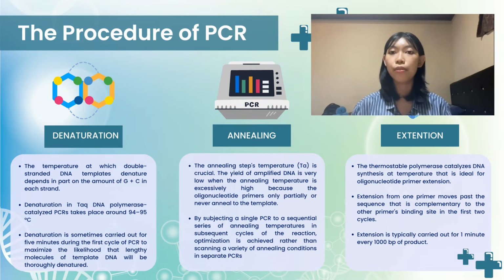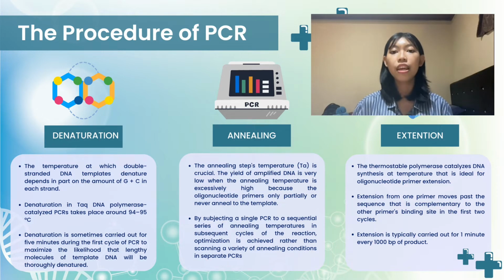In this presentation, I will explain about the procedure of PCR. PCR has 3 steps that repeat iteratively: denaturation, annealing, and also extension. Temperature cycling is a technique used in PCR to start and stop bursts of enzyme-catalyzed DNA synthesis. This procedure is carried out in a thermocycler, a programmable machine that regulates the temperature and timing of each cycle